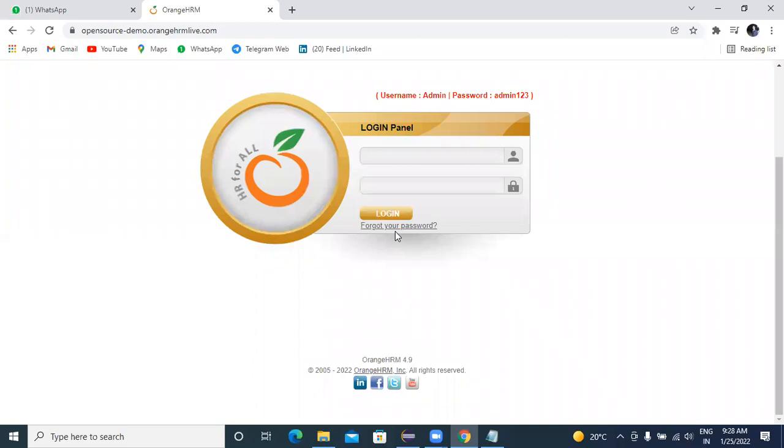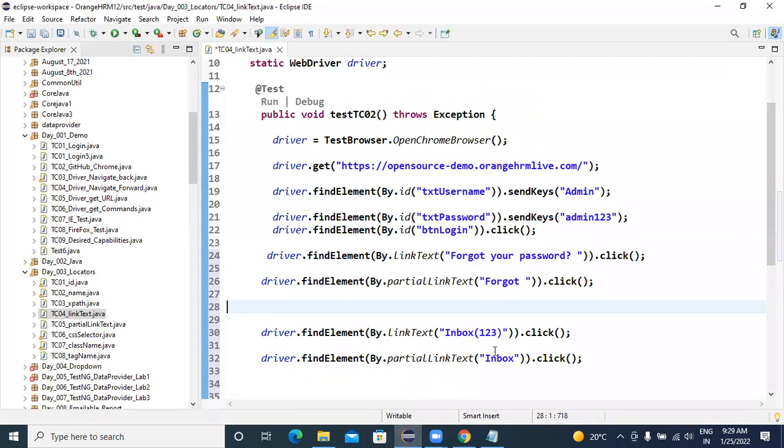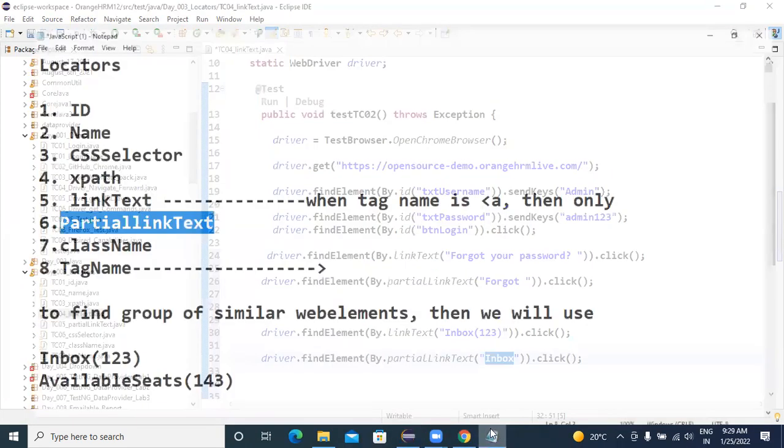So that means simply if the hyperlink is dynamic, we have to write partial link text, and whichever text information is changing, that part we have to omit. You are not supposed to write that information. So while writing partial link text, whichever part is fixed, that part you can write, and you will be able to locate that one. Okay, so the summary of the thing is,